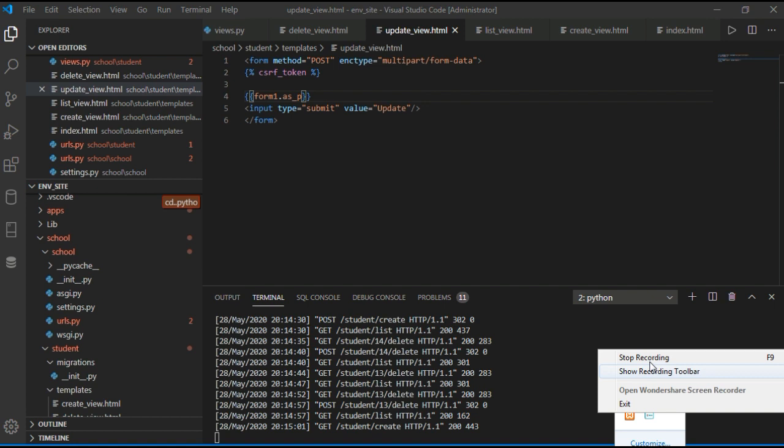Now for the migrations we use different commands in the terminal here. And let's start creating this project step by step.